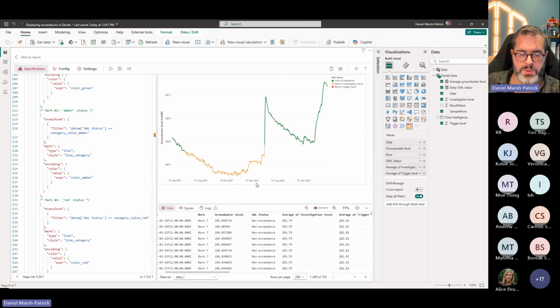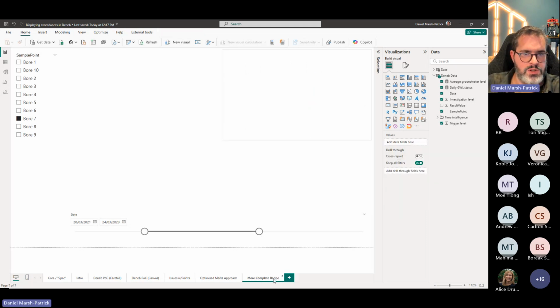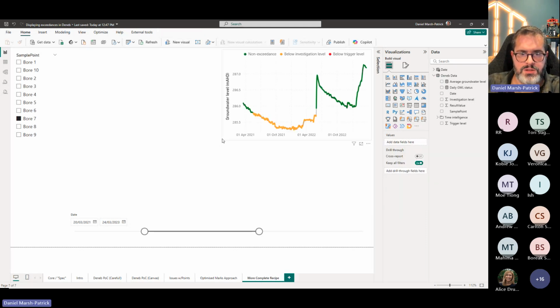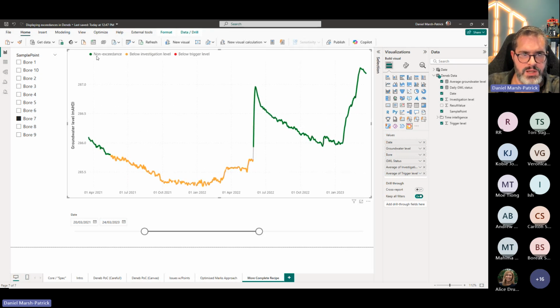So again, this is probably more of a detailed study of its own, but it's just to show that we can start to think about a visual as something we can evolve and build rather than something we're kind of stuck with. And just to finish off Alice's requirements, this is a more complete example where I've added in some grid lines and put the legend up the top, but we've still got this nice